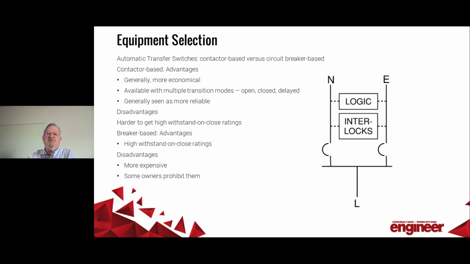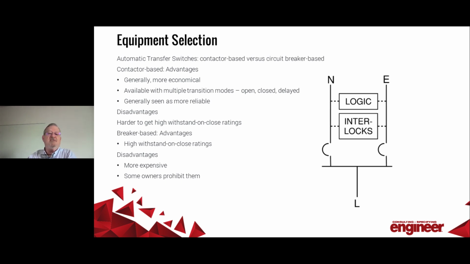Now we'll look at automatic transfer switches, and in response to a question, compare contactor-based transfer switches to circuit breaker-based switches. A contactor-based ATS has a conductor that moves between two contacts. It's not able to touch both contacts at the same time, so it can't connect the generator to the utility. It's also designed to be stable in one position or in the other, and never stable in between, so that it can't leave a load unconnected to either.